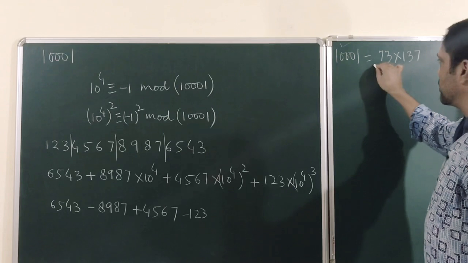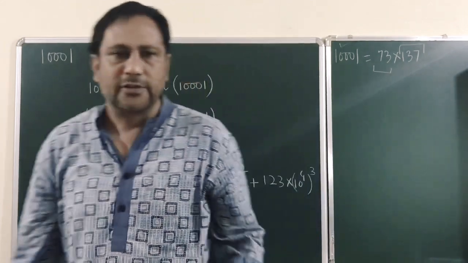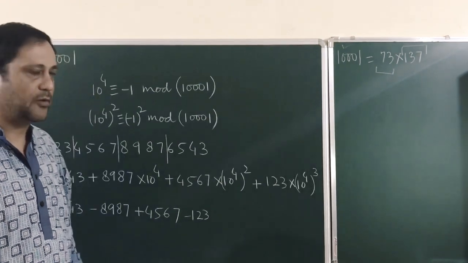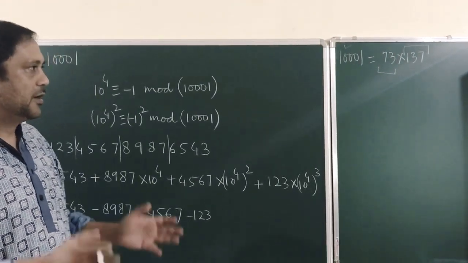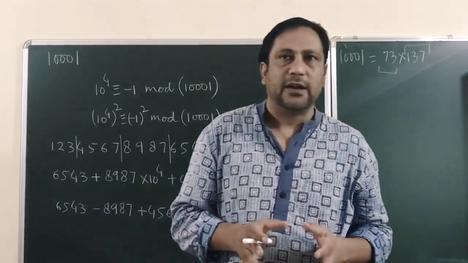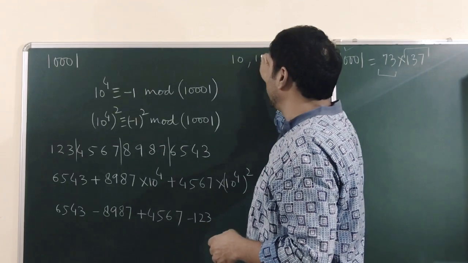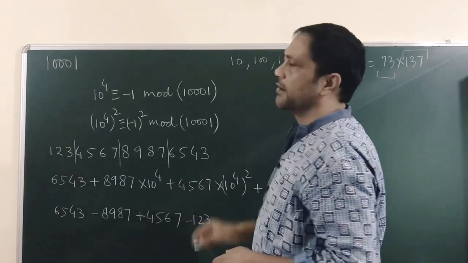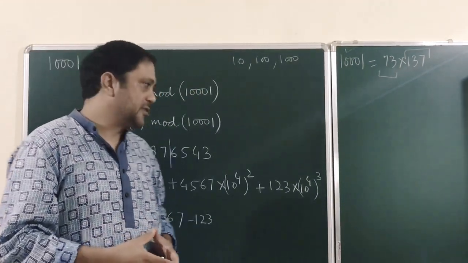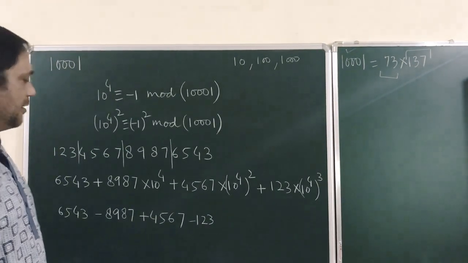You can see we also confirm the divisibility by 73 and 137. So this is the way you can develop many divisibility strategies if any question is asked in an Olympiad related to divisibility concepts. What you do is try to stay as close as you can to 10, 100, 1000, like that. From there you can develop so many interesting observations and results. So this is the strategy we are going to keep for the divisibility rules.